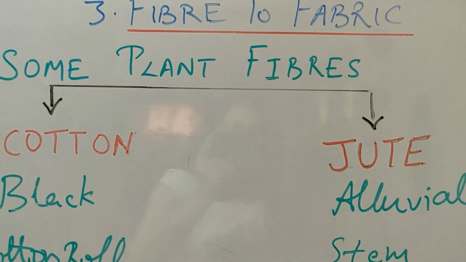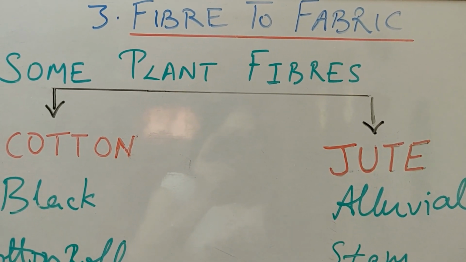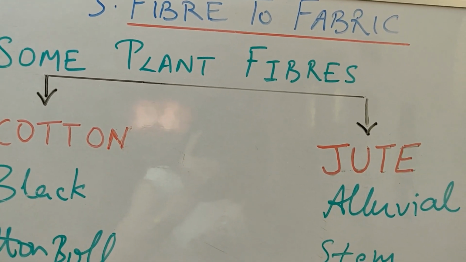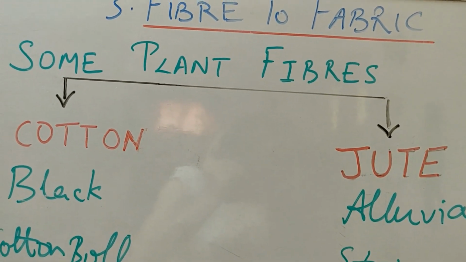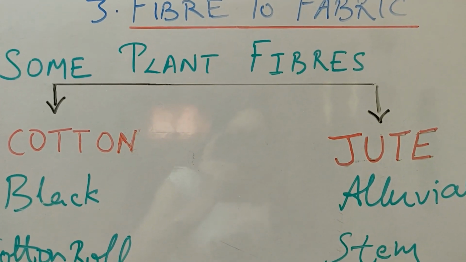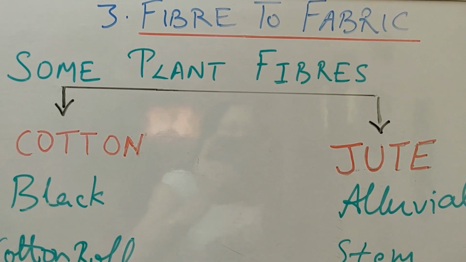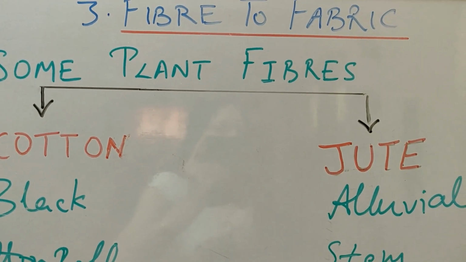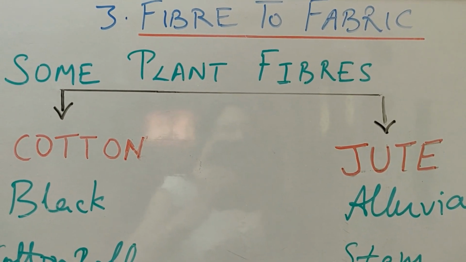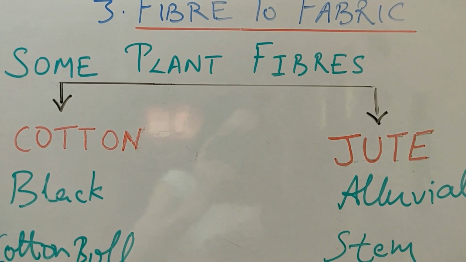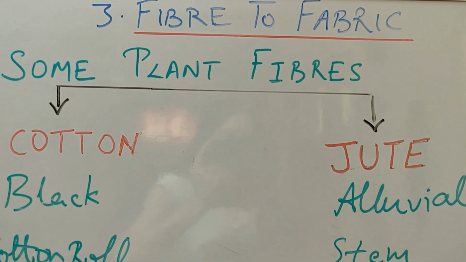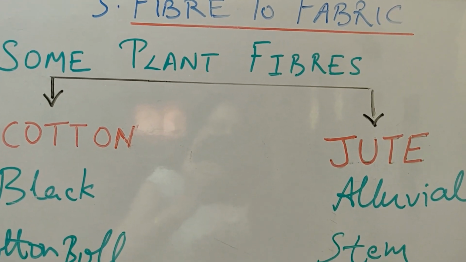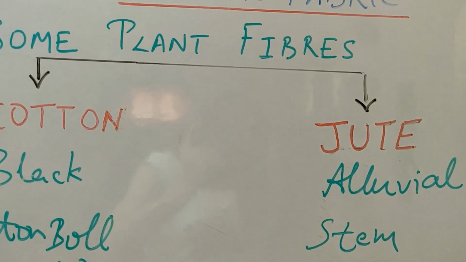Assignment was provided in the form of PDF to you. So you please open it, and then you see you have to do question number 2A part, question number 2C part, which are differences. The difference between natural and synthetic fibers, and the difference between ginning and retting. These 2 differences you have to do in question number 2.